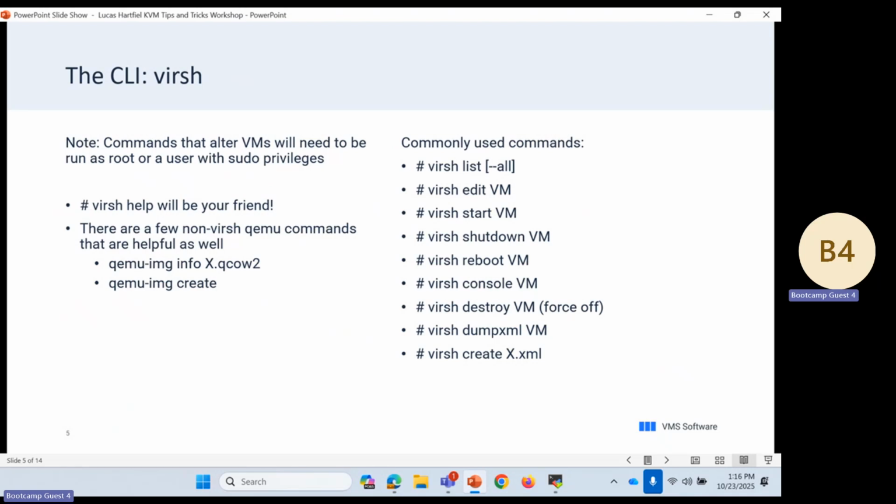So virsh list will list all of your KVM machines that you built. virsh edit allows you to edit the XML configuration file for that given VM. virsh start and shutdown, kind of self-explanatory, start and shut down your machines. virsh console will allow you to get into your console. virsh destroy, if your VM is just acting up and it won't shut down gracefully, that's how you would force it off. dumpxml will be used to get the XML file for the machine,